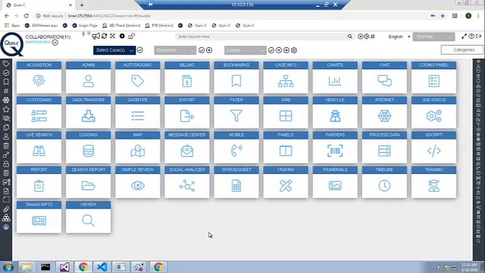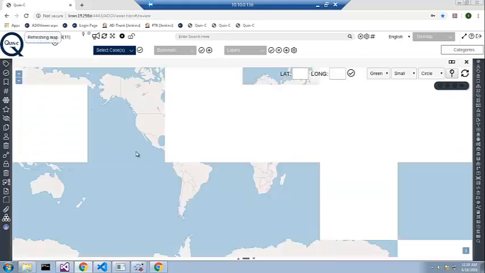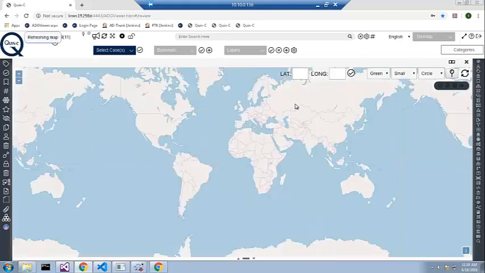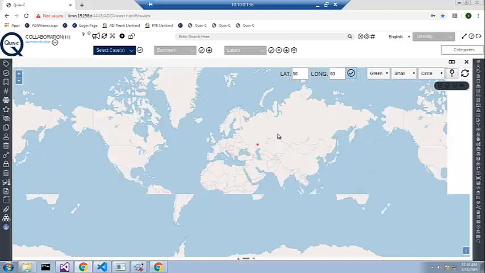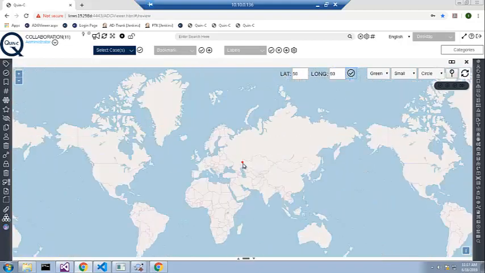So let's start with the map feature. I will open up maps, and you can see 2 things have been added. This lat long capability, meaning you can manually enter a latitude and a longitude. So I could do, say, 50, which I believe is somewhere in Russia, I think. Nope. Anyway, right there, and it will go to that, and you can enter another one, and it will move you